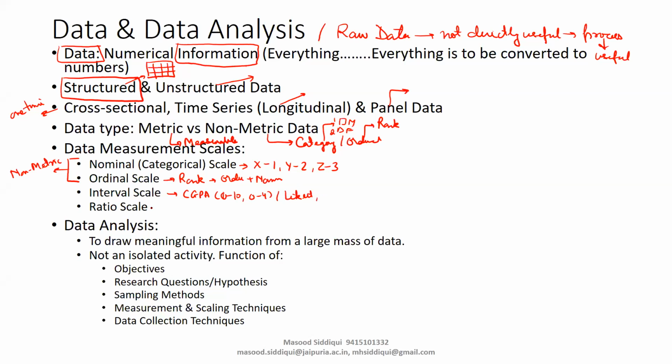And after that, we have ratio scale. Ratio scale means the actual measurement. Right? Actual measurement means,